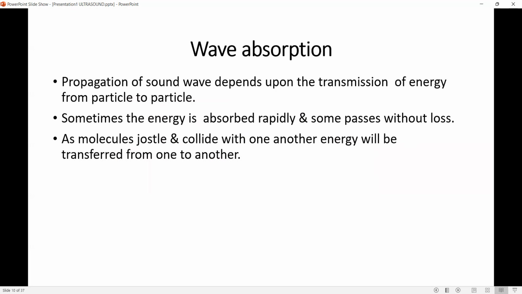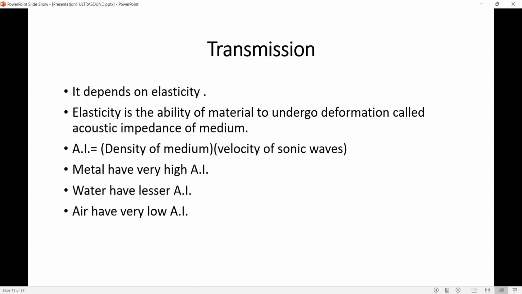Wave absorption. Propagation of a sound wave depends upon the transmission of energy from particle to particle. That means sometimes the energy is absorbed rapidly and sometimes it passes without loss. As molecules jostle and collide with one another, energy is transferred from one to another. Transmission depends on elasticity. Elasticity is the ability of a material